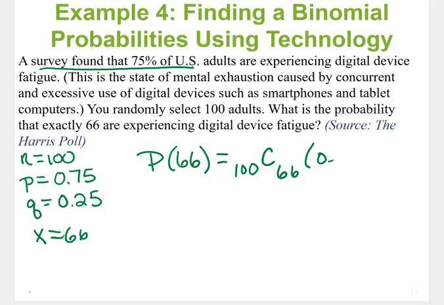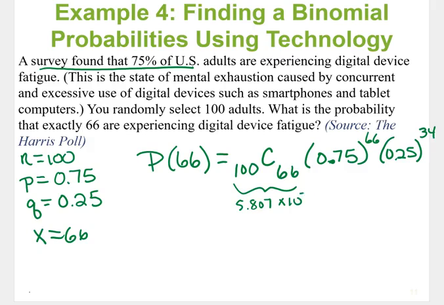You're going to multiply that by your successes, so your probability of a success raised to these successes, and then the probability of your failures. So 100 minus 66 would give me 34. All right, so that is good. First of all, this is going to be a humongous number when you put it in there. So when you get it, I think it's going to be